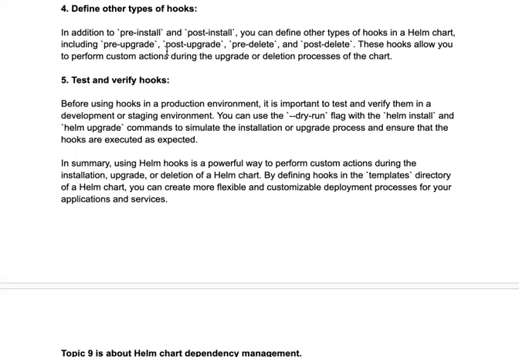Next is test and verify hooks. Before using the hooks in a production environment, it is important to test and verify them in a development and staging environment. For doing that, you can use the dry run flag. This is very important, because the dry run flag is going to show you what is going to happen without actually doing it. What this means is that when you run the Helm install and Helm upgrade commands, you can simulate the installation and upgrade process